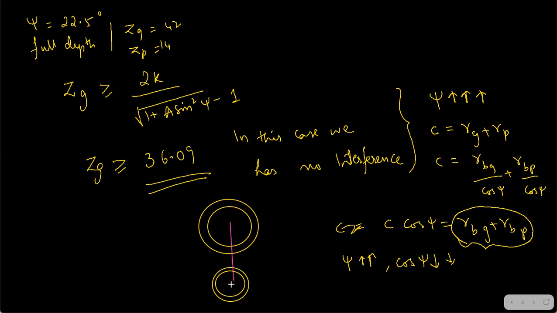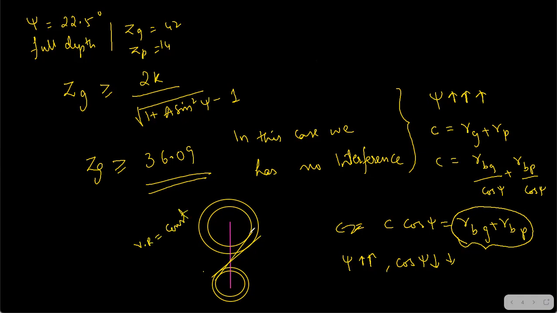Let's draw the line joining the centers. And the tangent, actually what happens over here is they are going to intersect at the same point. I think you can see the pitch point is the same. The pitch point actually won't change. If the pitch point is not changing, velocity ratio is constant.